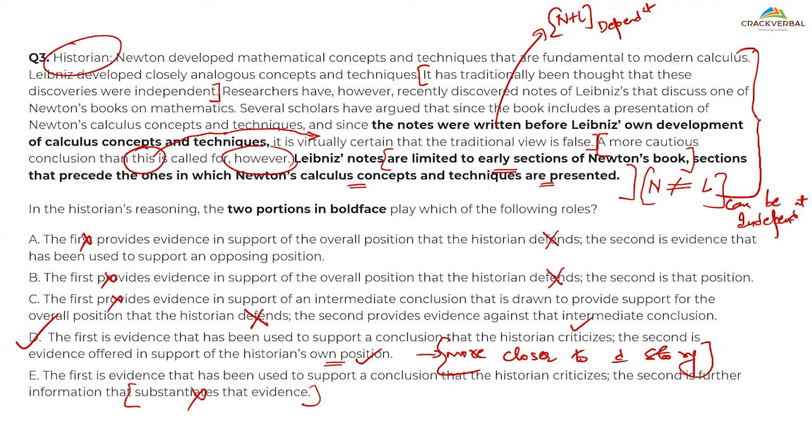What is however, Prakhar, the usage of the word however? However is a writing style. You can write either however. In the first part, however is contrast. However is never summarizing. However is a contrast, and after however, you will always have the speaker's bias. Always the speaker's bias is there. So you need a cautious conclusion, right?